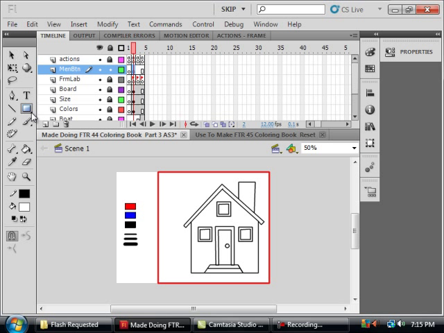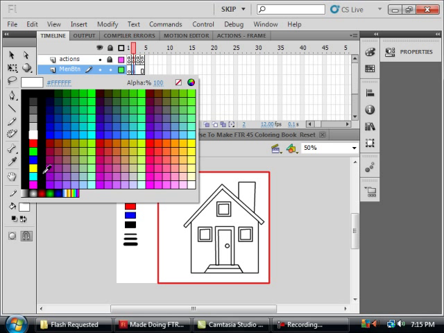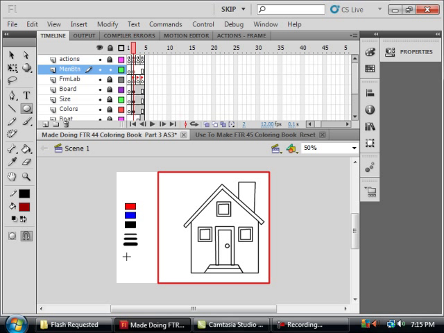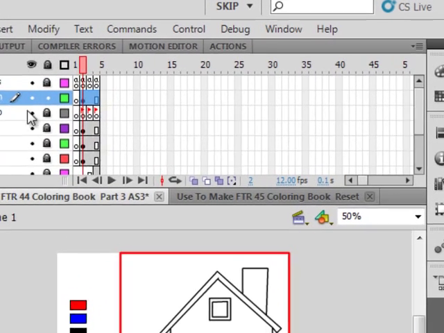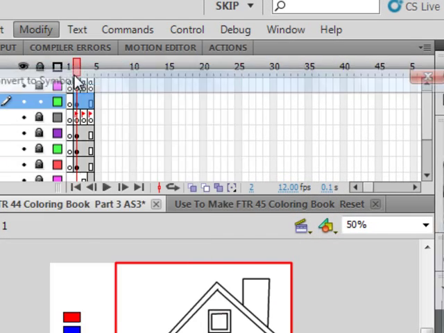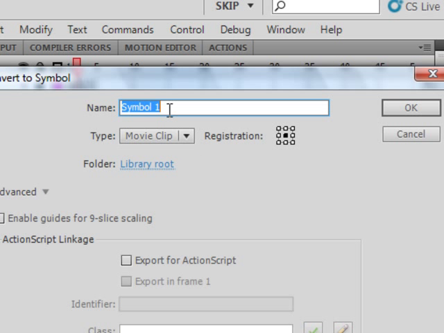I'm going to make an oval. Pick up my oval tool, and I'm going to pick a crazy color for my fill and black for my stroke, and here I'm going to make an oval. Pick up my selection tool, highlight it. I'm just going to move it over to try to keep it in line. Modify, converting it to a symbol. I'm making sure movie clip is selected, and I'm calling it M-E-N-U, menu underscore MC. It's actually a movie clip used as a button. Going to copy that,